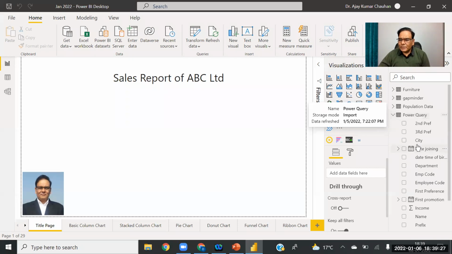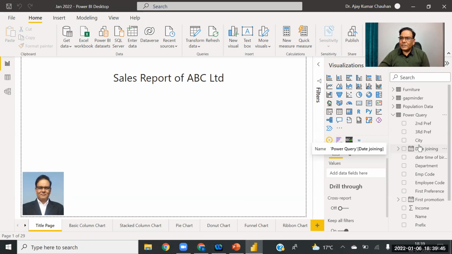If I click on this, you can see that from yesterday to today we did so many changes in it, and I want to keep these changes as they are. In addition to that, I want to add the new columns that I added in the source data.